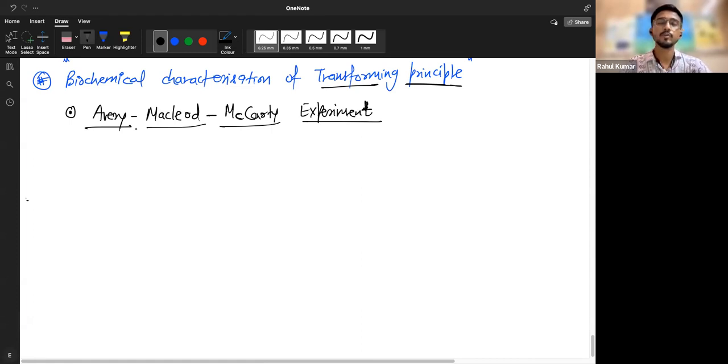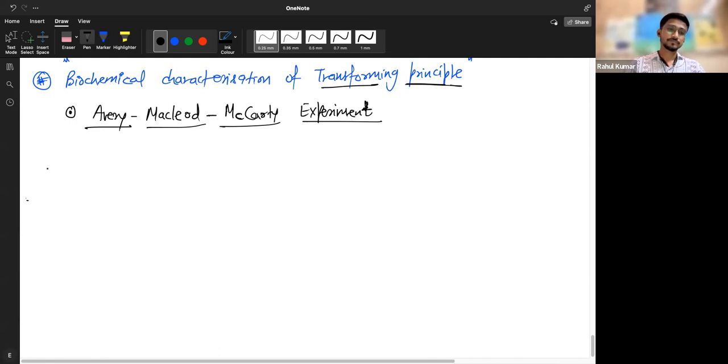Okay, so there were a few candidates, for example, lipid molecules, because the cell membrane is made up of lipid. So lipid is also synthesized from Golgi bodies. Then it could be protein, or it can be nucleic acid, RNA or DNA. So these 3 were the potential candidates to be the genetic material. Now it was not sure which one is the genetic material. So Avery, MacLeod and McCarthy, what they did, they